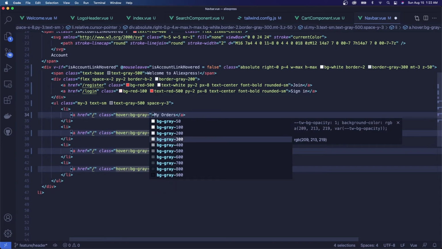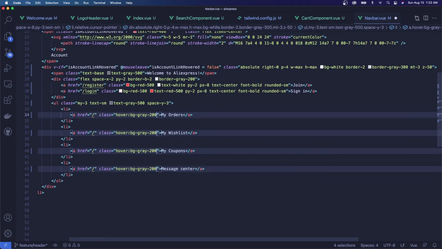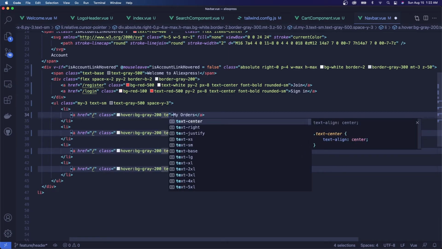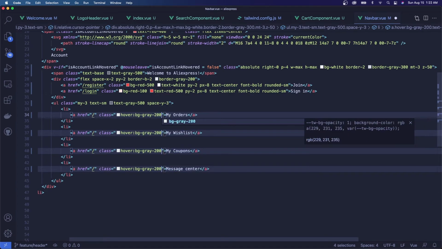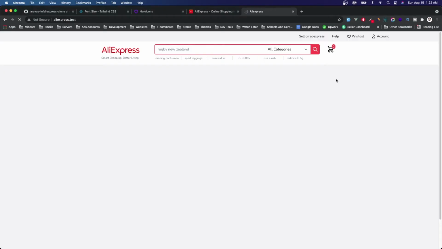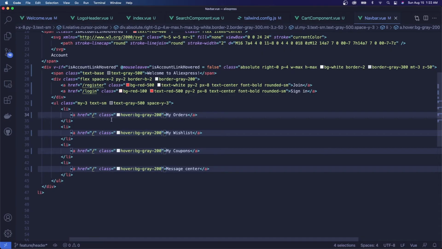Let's say 200, and the text, text is gray in gray. But we need this to be full. So what we need, for example,